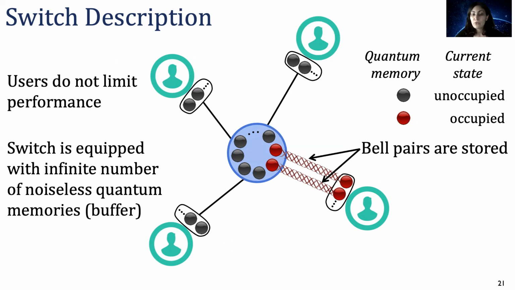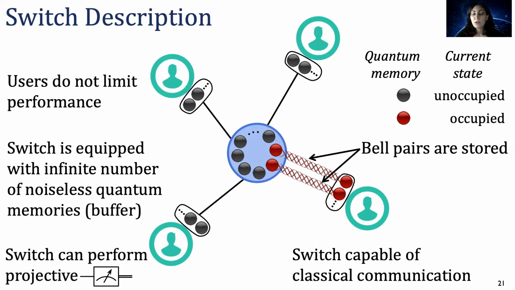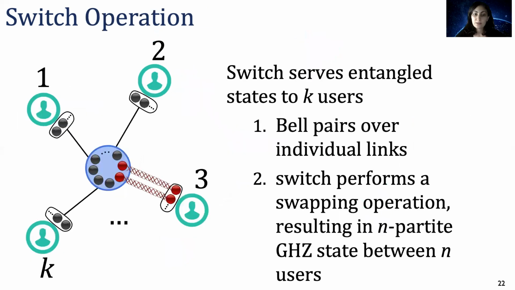Finally, the switch can perform projective measurements and will be capable of classical communication. The switch will serve k users, and its operation consists of 2 steps. The first step is Bell pair generation over the individual links, and the second step is N-partite GHZ state generation